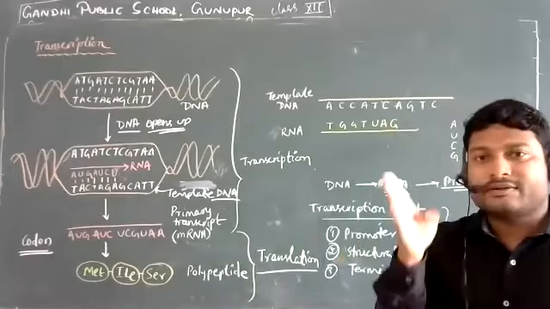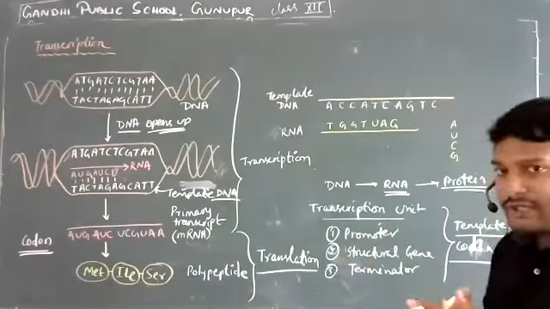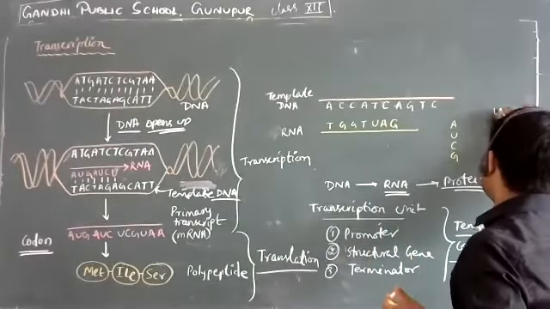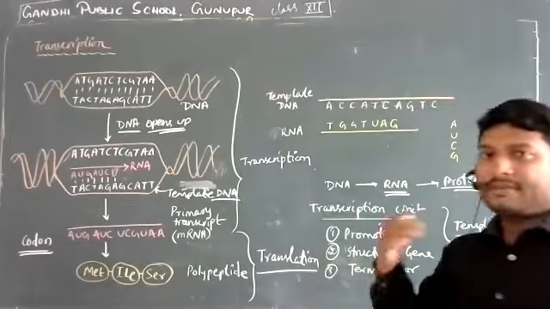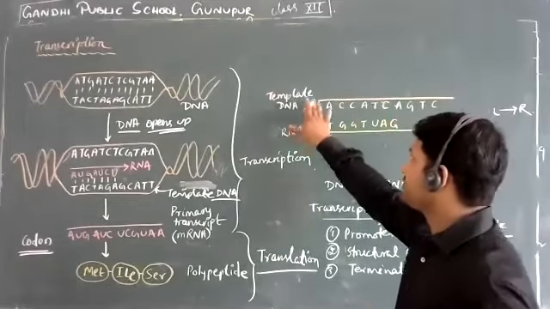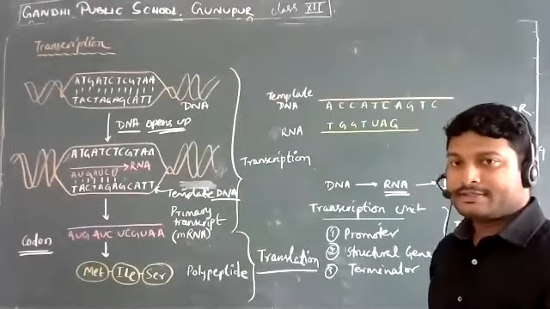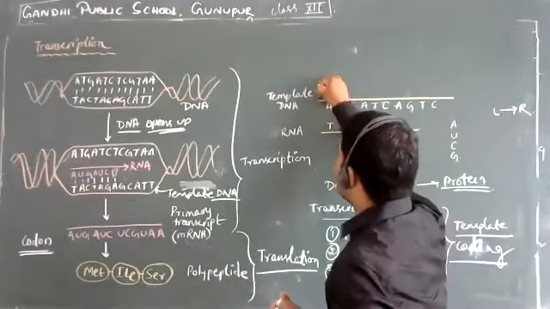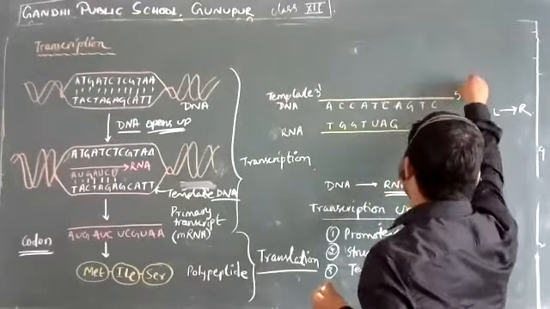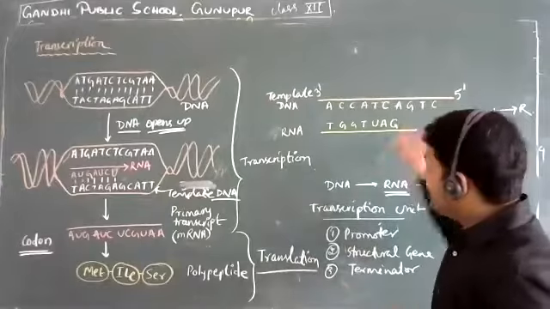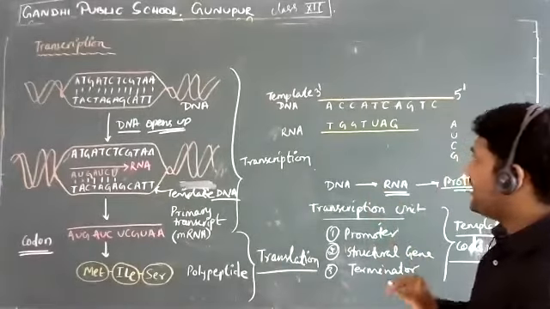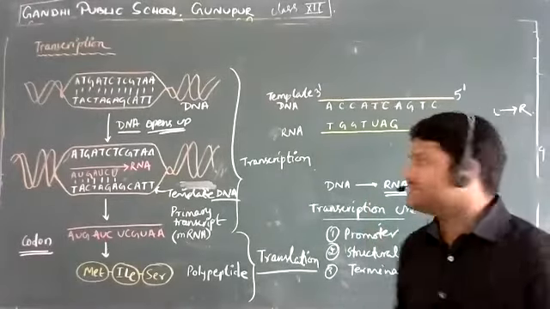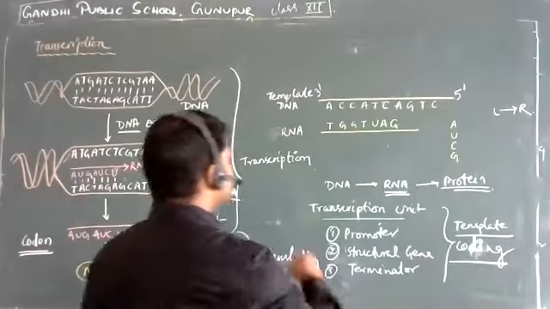Remember, when you answer, you have to answer orientation from where to where? Always from left to right. So tell me, what is the orientation of the template DNA? Here it should be 3 prime on the left side, and on this side it is going to be 5 prime. Now, why is it important? Because you have to understand the enzyme that is involved here. What is the enzyme involved?